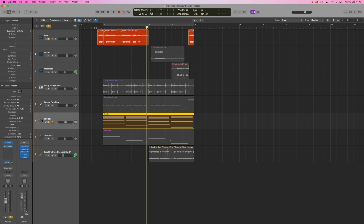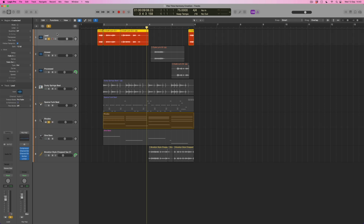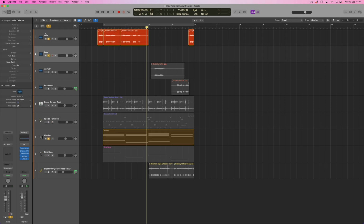All right, so in order to create our harmony, we're going to take our lead line and duplicate it. And that's going to give us an absolutely identical track. I'm going to call this one harmony. And then I'm going to just simply grab these two regions. I'm not worried about the little pickup. I'm going to just grab these two regions here. And then we'll get an opportunity to create the harmony that we want for this